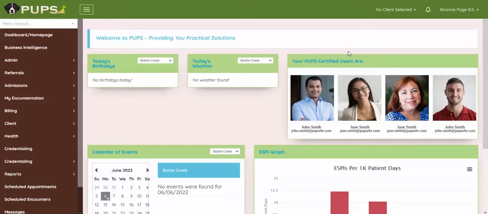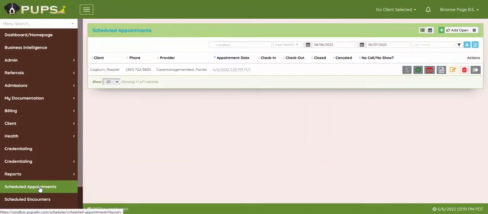Let's take a look. On the left-hand navigation menu, Scheduled Appointments is available if this option is turned on for your location. Each field within this module is fully customizable. Upon opening Scheduled Appointments, you will be taken to a list view of your appointments scheduled to occur in the next 24 hours. If you have the additional permission as an appointment manager, you will see all appointments for your